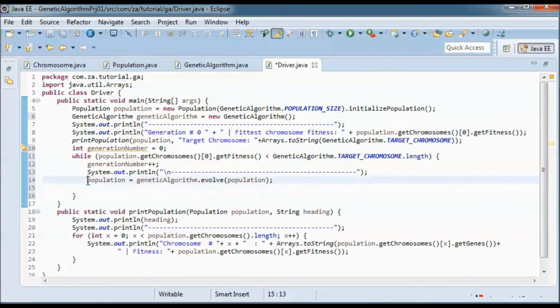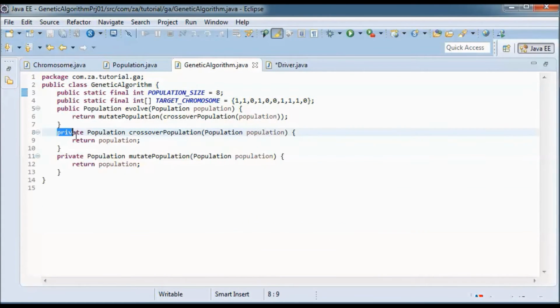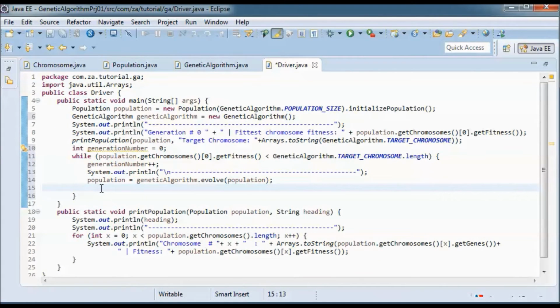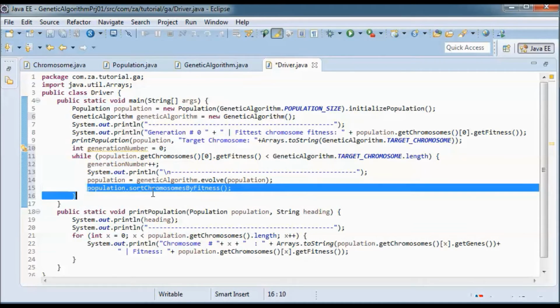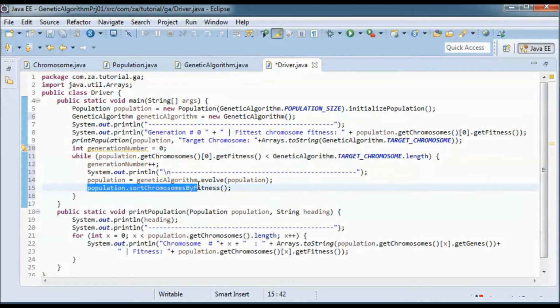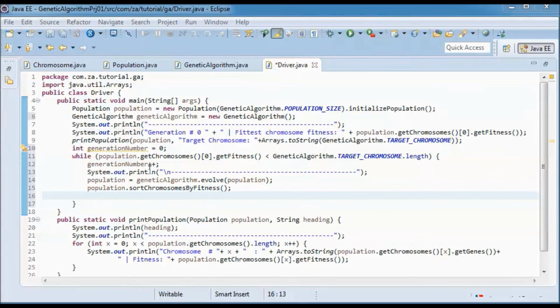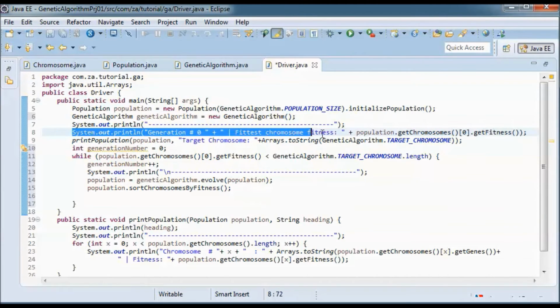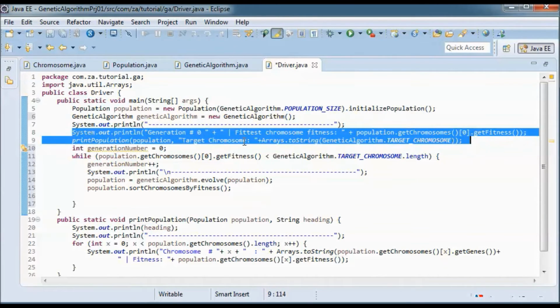For now we get the same population since I haven't coded those methods yet. So afterward I'll do population.sortChromosomesByFitness, and then do the same as we did for generation 0.